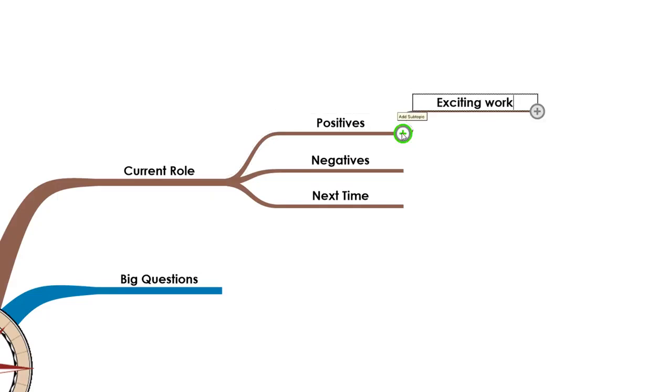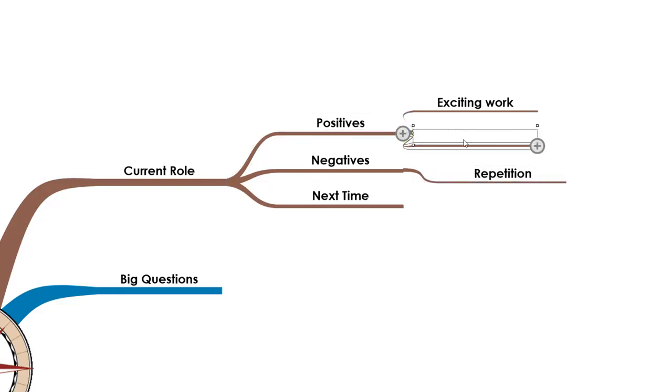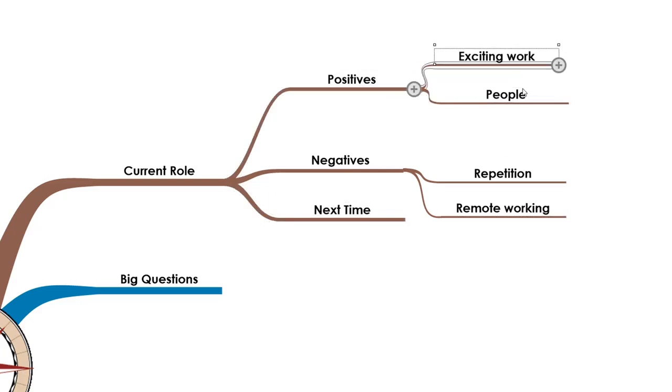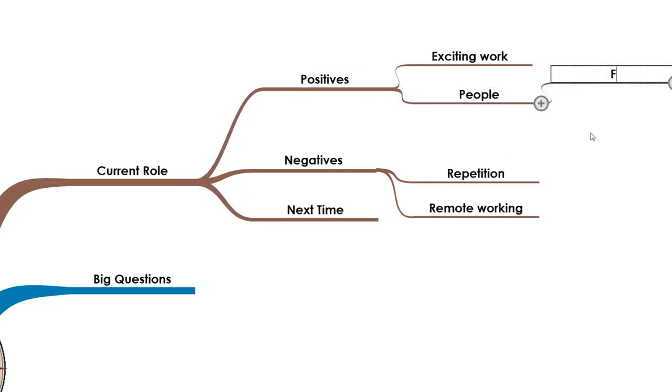By building off each branch in this section of the mind map, we can capture some initial thoughts on the things we like or dislike about our current job, moving easily between these two branches depending on what comes to mind. We can be as general or as specific as we like here, perhaps adding people, quite a general topic, as a positive, and too much remote working perhaps as a negative, for example. Importantly, in the mind map, we can then go into those particular topics and add more detail.